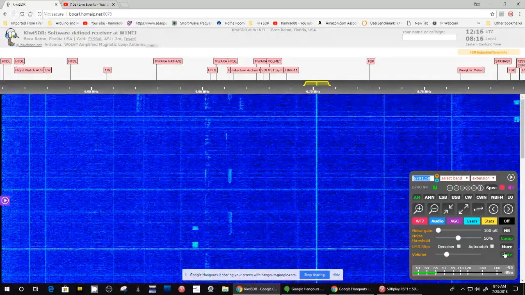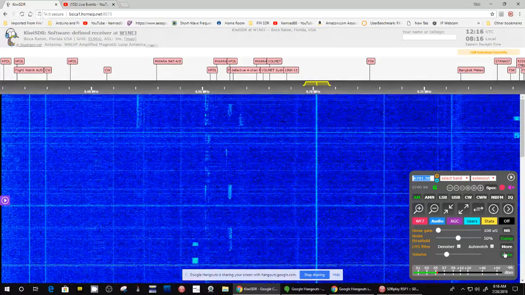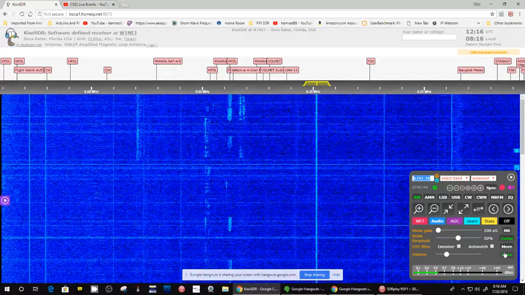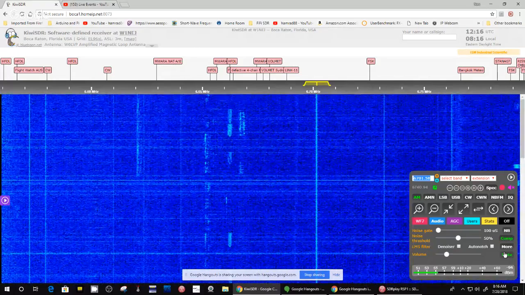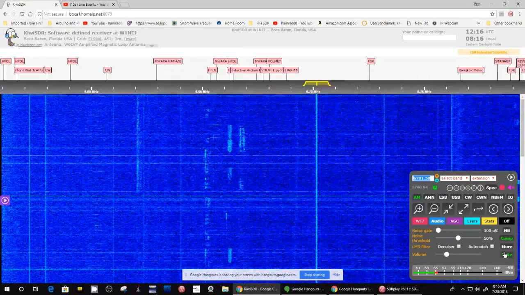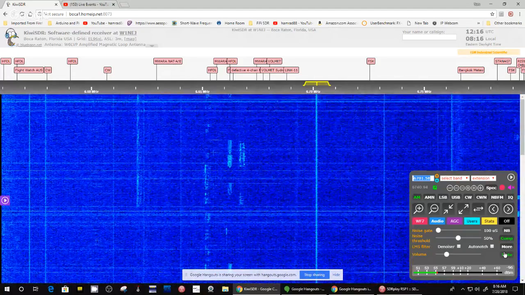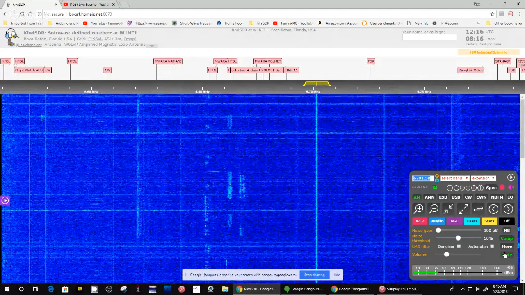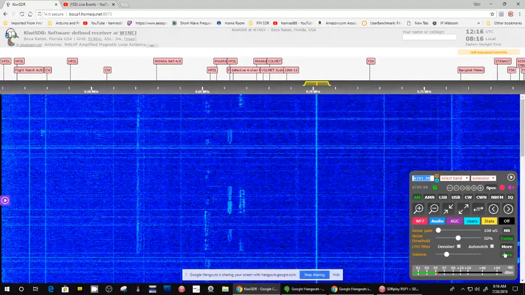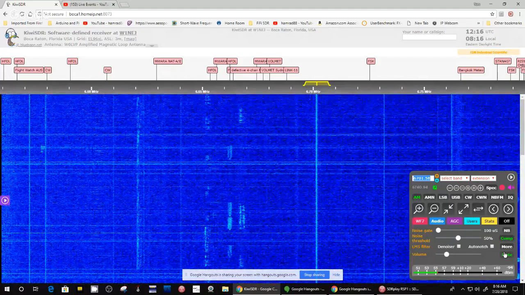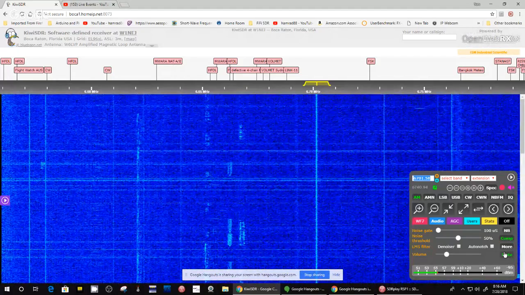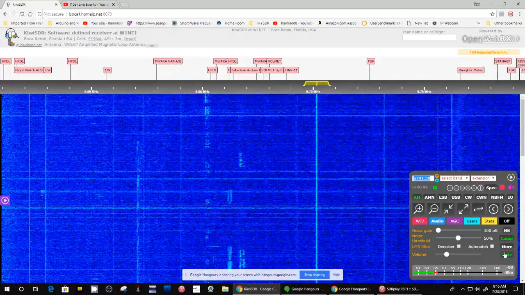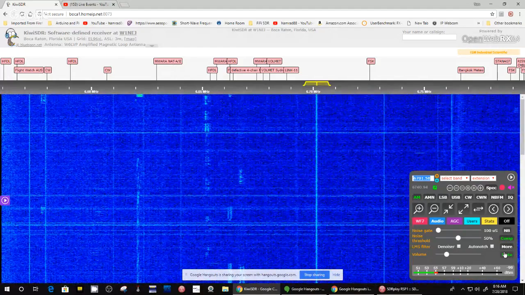And if it turns out that it works, then I will schedule doing exactly what I'm doing right here, which is using the Kiwi SDR website and picking a radio, and also having my SDR running under SDR Console. Right now, SDR Console seems to be the most efficient software. It takes the least amount of CPU power. So let me look at the chat room and see if anybody responded.